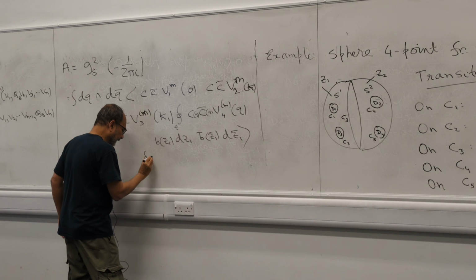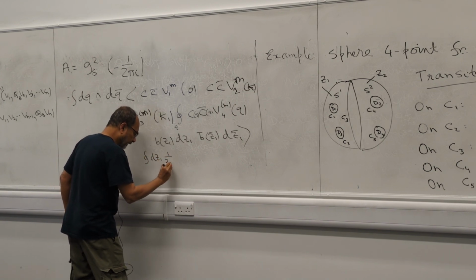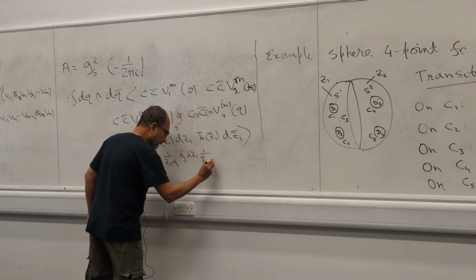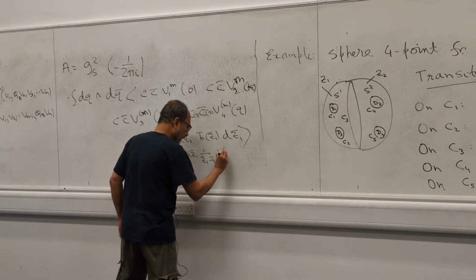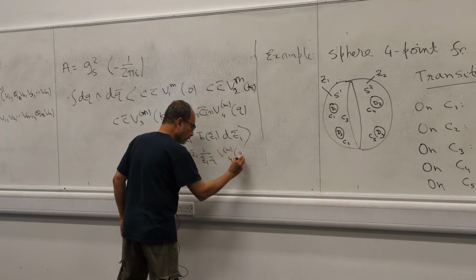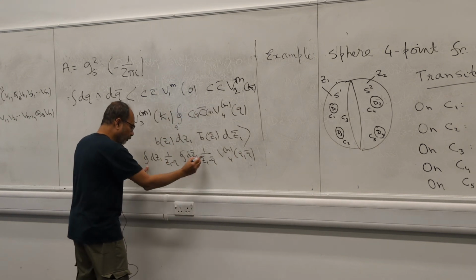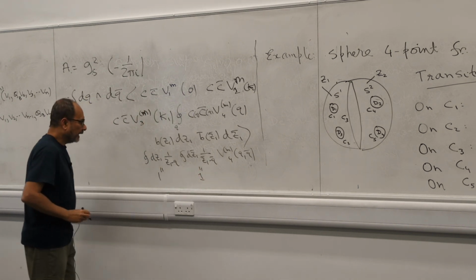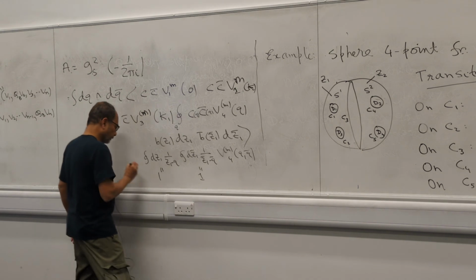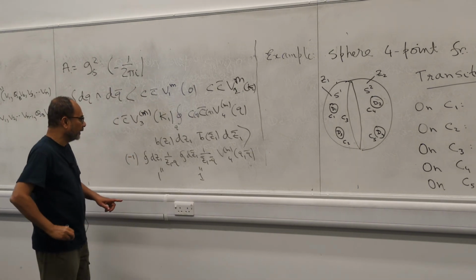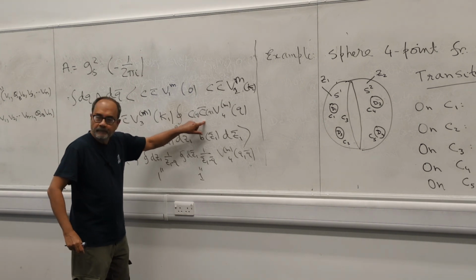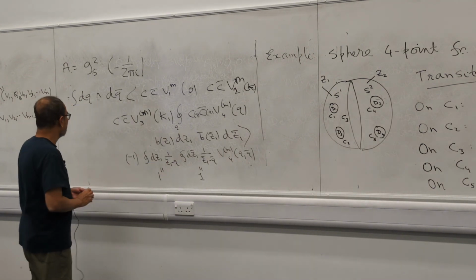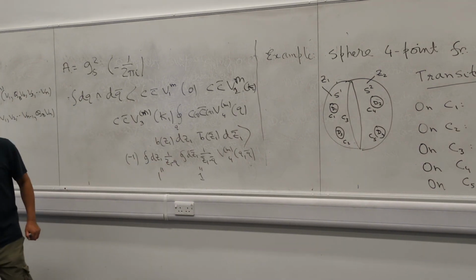So we get essentially the integral dz1 1 over z1 minus q, integral dz1 bar 1 over z1 bar minus q bar, times Vm4 of q, well, q bar. Okay, so these give you 1, this is 1, and I think there is a minus sign. The minus sign comes because we have B bar, and the B bar has to go through the C to first pick up the pole from C bar, and then the B will pick up the pole from C. There's a minus sign. So after you combine all that, what we get is